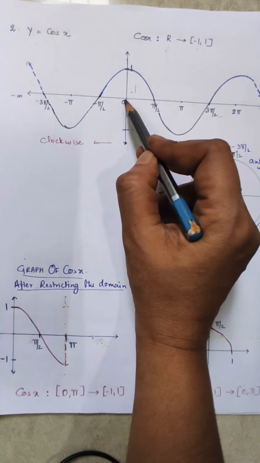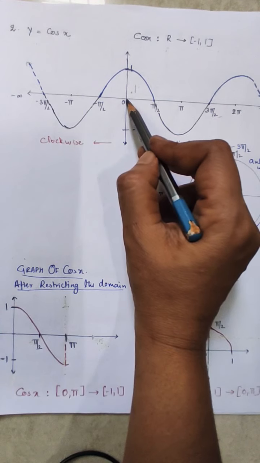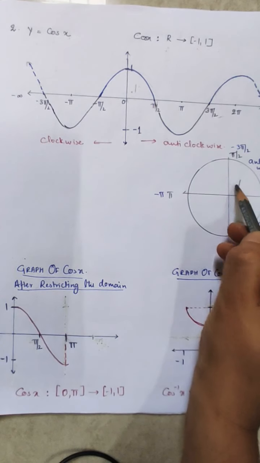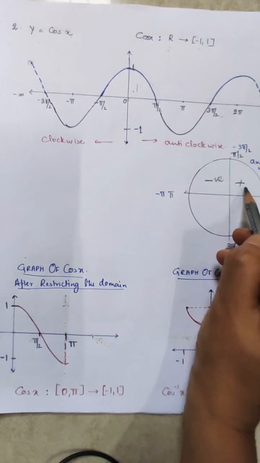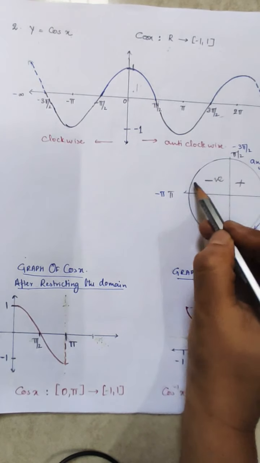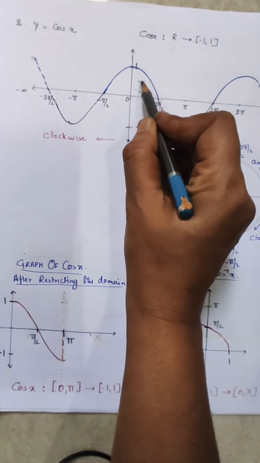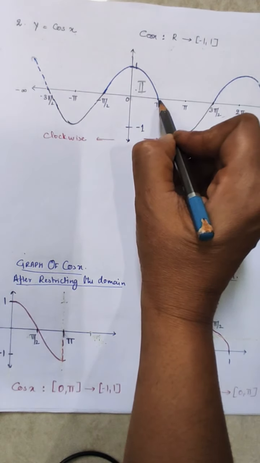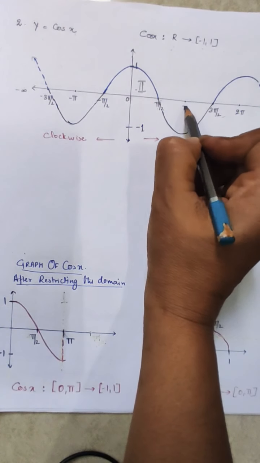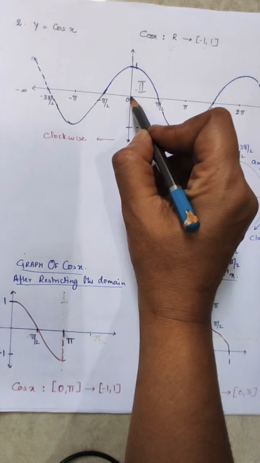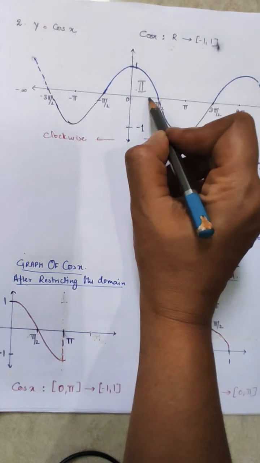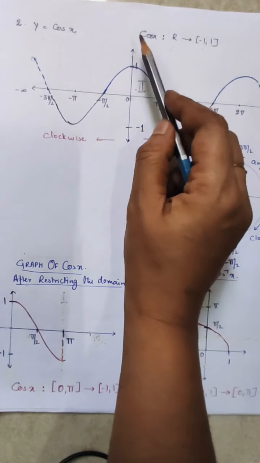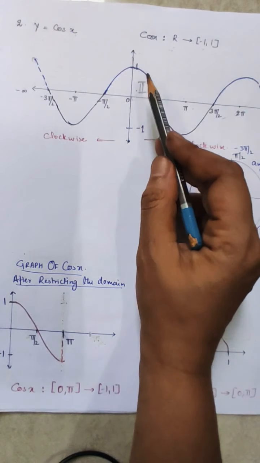For the positive range, we will be collecting the domain from 0 to pi, and since cos is positive in the first quadrant and negative in the second quadrant, for continuation we can take the principal value branch. That means for positive it is 0 to pi by 2, and for the negative range we will be taking pi by 2 to pi. Hence the interval of selection after restricting will be 0 to pi as the domain for the cos function, and the range will be the same, -1 to 1.